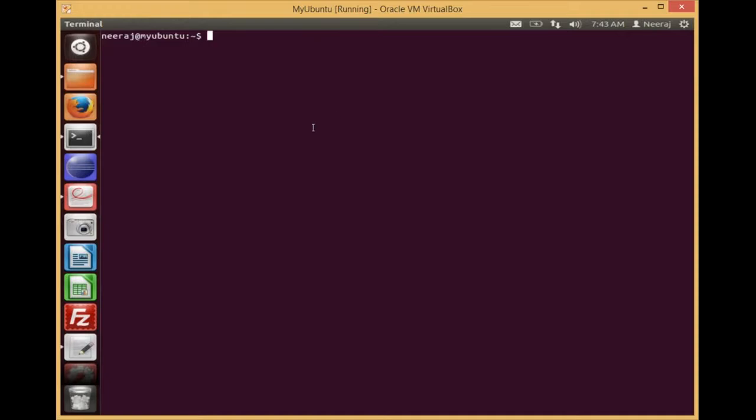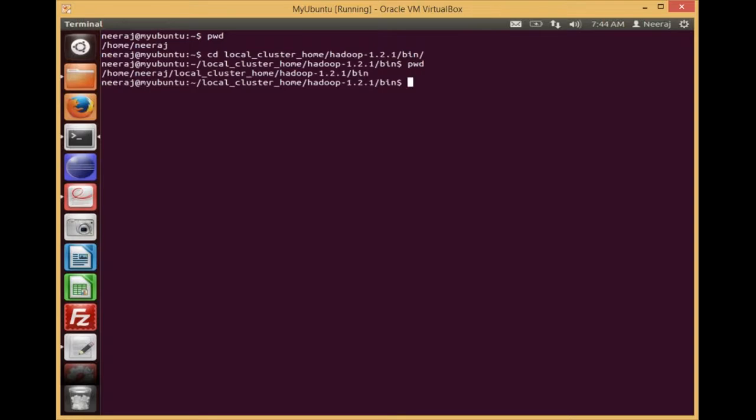Okay, the very first thing is, let me check my present working directory. I'm inside /home/nearest. But for executing any Hadoop command, you must be in the bin directory of Hadoop. Yesterday we were talking about the directory structure of Hadoop, and I explained to you that the bin directory contains the commands for starting and stopping Hadoop and all that stuff. So I will use the cd command, change directory. I will go to local cluster home. Inside that I have Hadoop 1.2.1. Inside that, bin. Yes. My present working directory is /home/nearest/local cluster home/Hadoop 1.2.1/bin. That's good. And I will execute the command